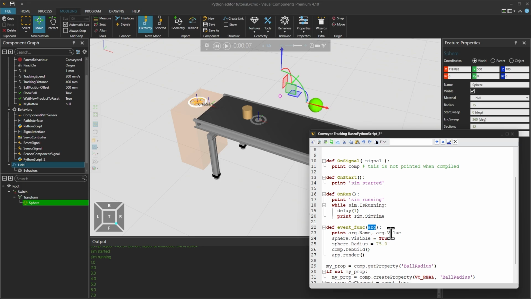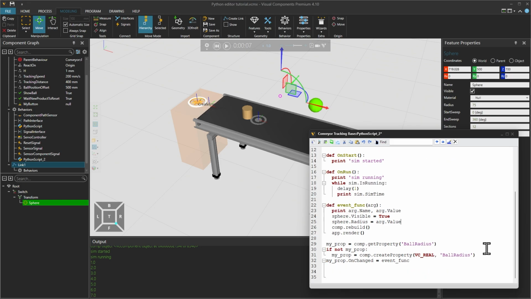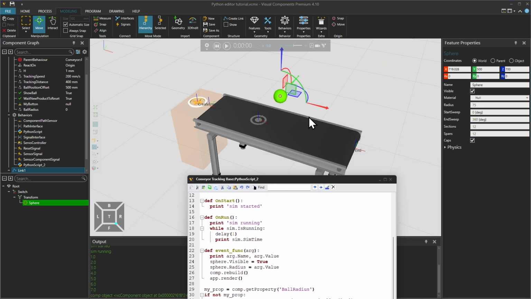The arg is the argument passed to the event function, in this case the property object. To change the sphere radius value dynamically, we must replace the hard-coded value of 75 with the property object's value as arg.value. Then let's reset the simulation to compile the code and test whether our script reacts on the property values change.